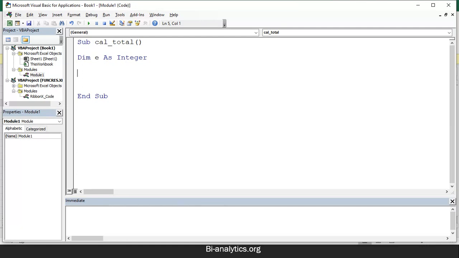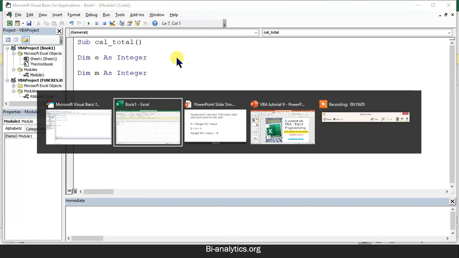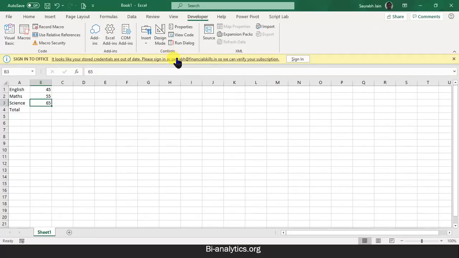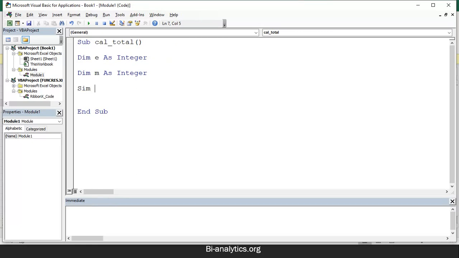Same way I can say Dim M as Integer, another variable which will store maths marks. And Dim S as Integer.